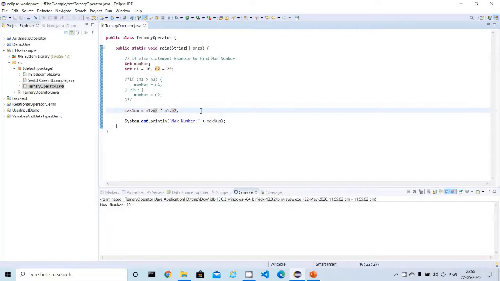So whenever you want to compare between two numbers or two operands, go for the ternary operator. If you want to compare more than two, then my suggestion is to go for the if-else statement, because multi if-else statements are more readable than multi-nested ternary operators. This is the basic difference between the if-else statement and the ternary operator.